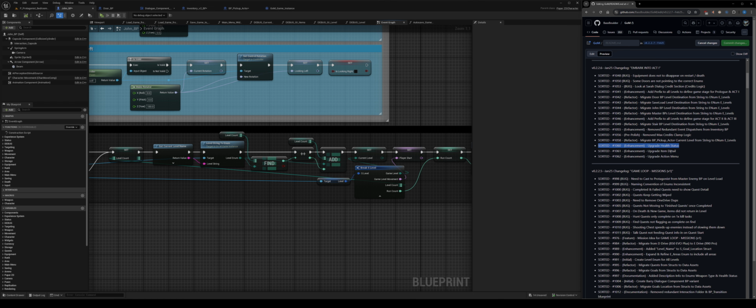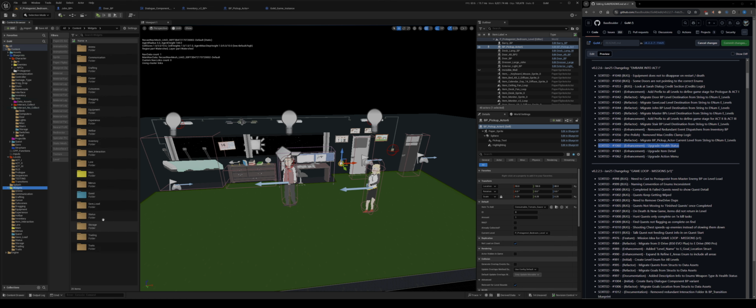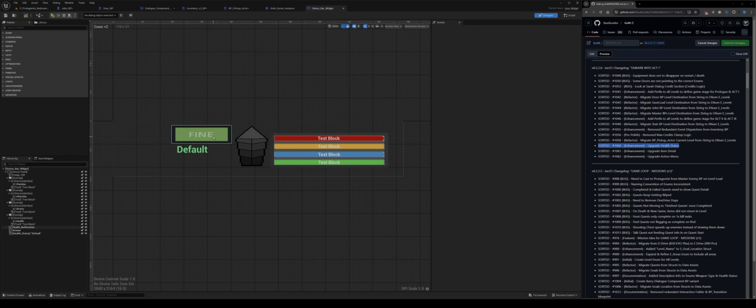So, upgrade health status. I will showcase it at the end. I'm near the end now anyway. So we'll go in the widgets. You'll see in status. I thought I was looking at